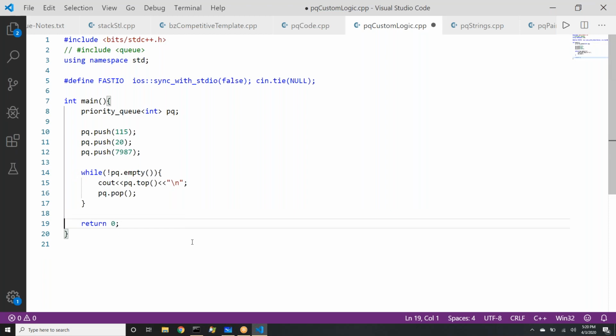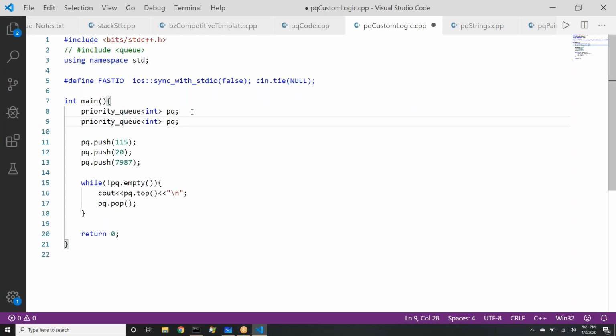So first question is, what if I simply want them in reverse order? See, the syntax is pretty simple. For that also, you just need to remember the syntax. You don't have to code anything. You put a vector of int here and then a comma. Third thing you have to put is greater of int here. This is a complicated syntax. Let's do a quick revision of what it is.